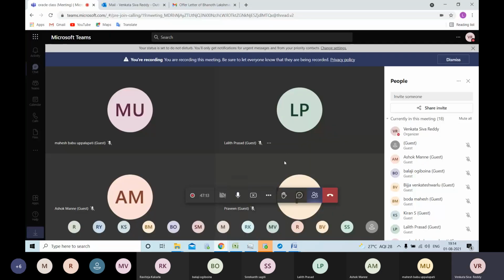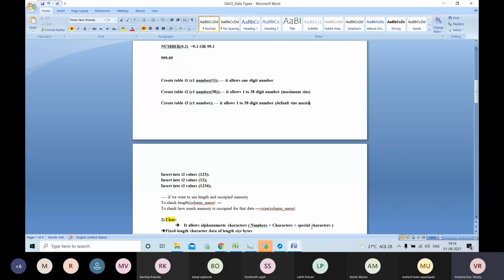Sorry, try it on your end only. Actually, I have a system issue. I will rectify it today. Please try to create the table with this syntax. If you create the table, it allows only 0 to 9.